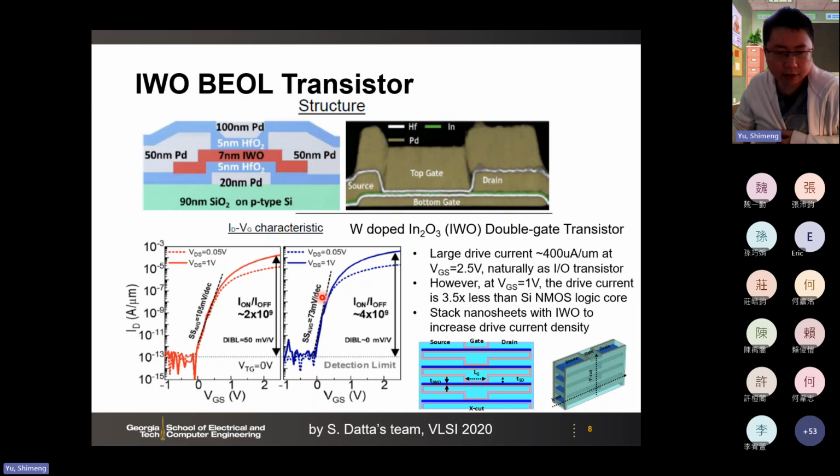You see a pretty decent subthreshold slope, and the on-off ratio is also large, at 10 to the power 9, and the on current at 2.5 volts is like 400 microamp per micrometer, so it's also pretty large. And this is comparable to or even better than the I/O transistor of silicon at 2.5 volts. However,